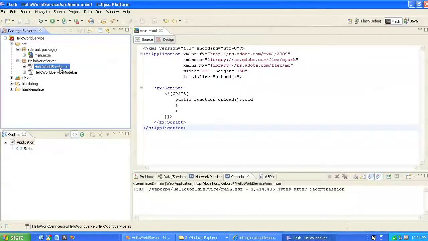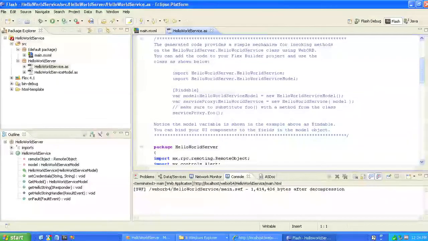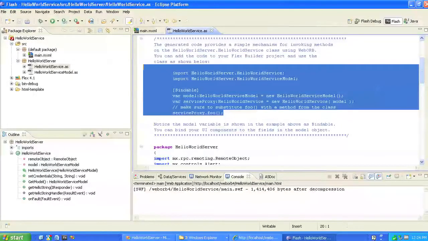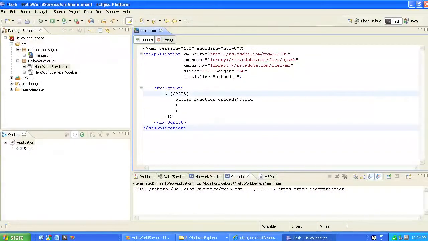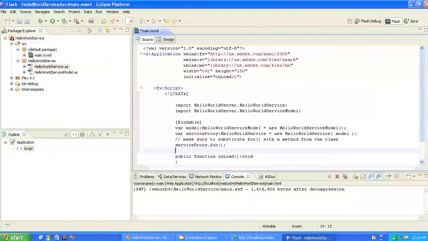First, I'm going to go to the generated code, and its comments section tells me how to access the service. So I'm simply going to copy that out and paste it in here. Getting rid of a little, okay, so we can see this. I'm going to have to scope these variables or the compiler is going to barf at me. And we'll scope that one likewise. Gosh, I wish I could type. All right, now